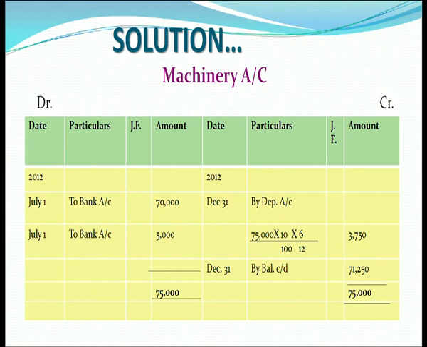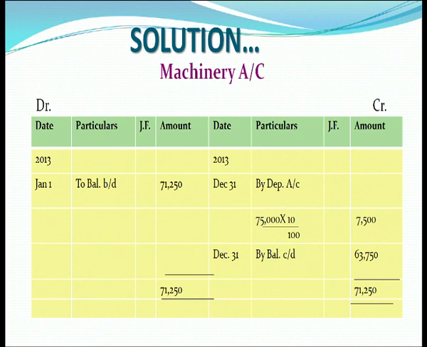So, we will close the machinery account by calculating the carried down balance, which turns out to be the balancing figure between the debit and the credit side. So, 75,000 minus 3,750, it gives us a carried down balance of 71,250, which becomes now the opening balance for the next year. So, 2013, 1st January, we will carry forward the balance of 71,250 rupees to the debit side of the machinery as balance brought down, and again on 31st December, we